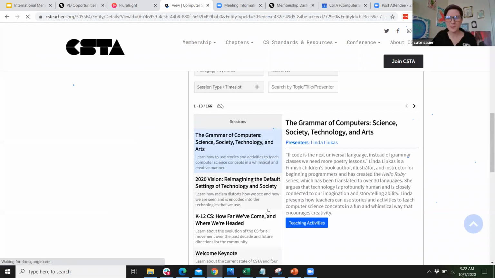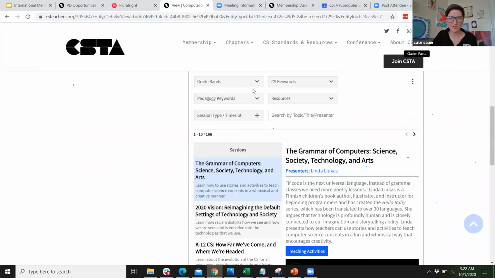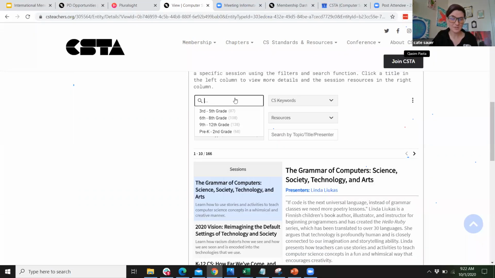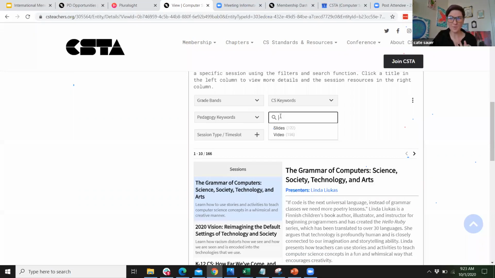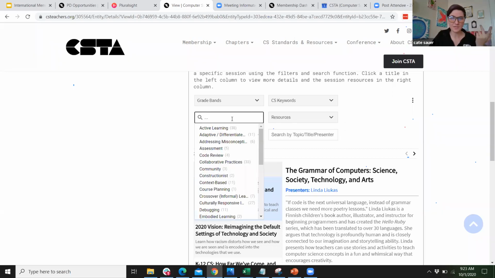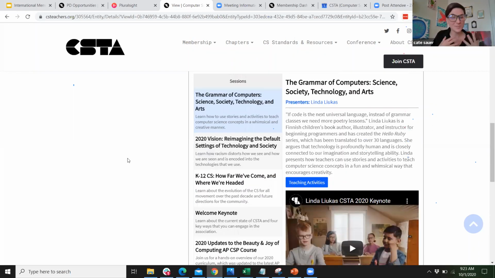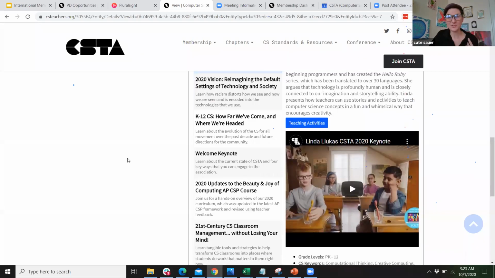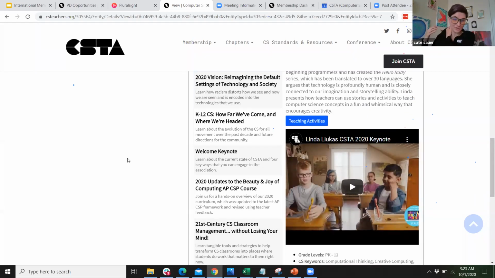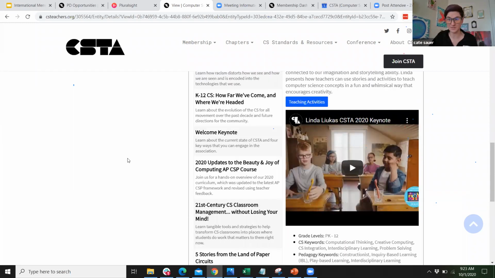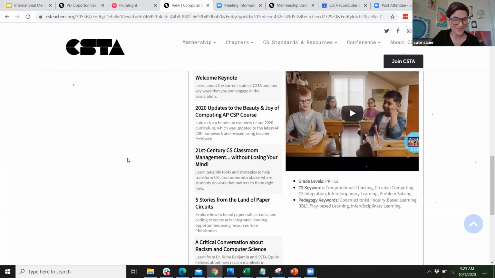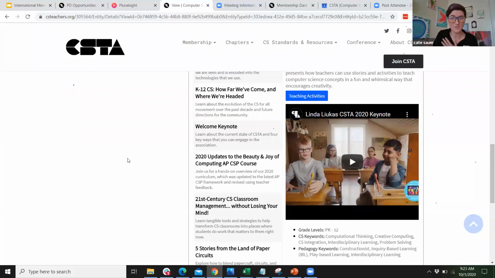Perhaps I'm interested in just seeing what's available. This is available if you're a Plus member: if you scroll down, you're actually able to toggle by different grade bands, subjects by grade bands, resources if I'm looking for a slide deck or for videos, different CS terms. All of these are available here, but I think the point of showing you this is the opportunities are a little bit higher if you're looking for more connection and PD with the Plus benefits. So really great conference, and if you missed it, no worries, you're able to catch up with these videos.